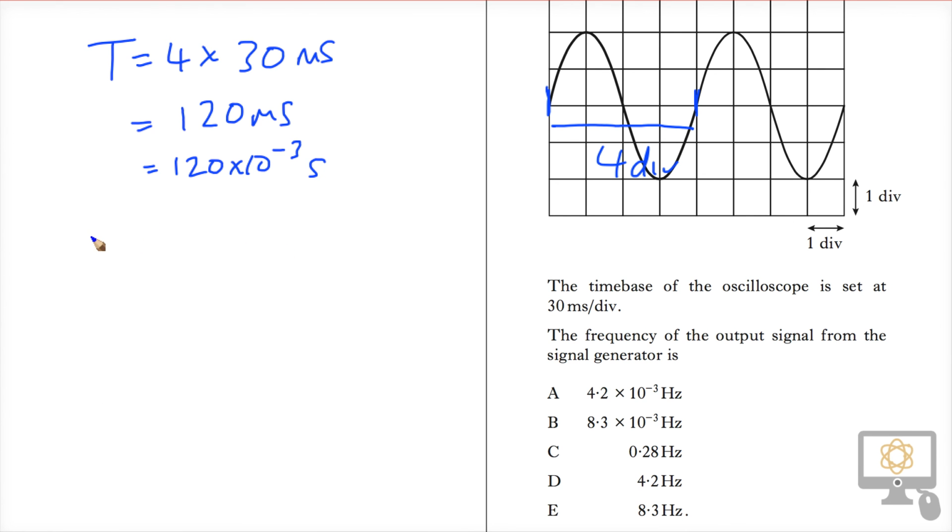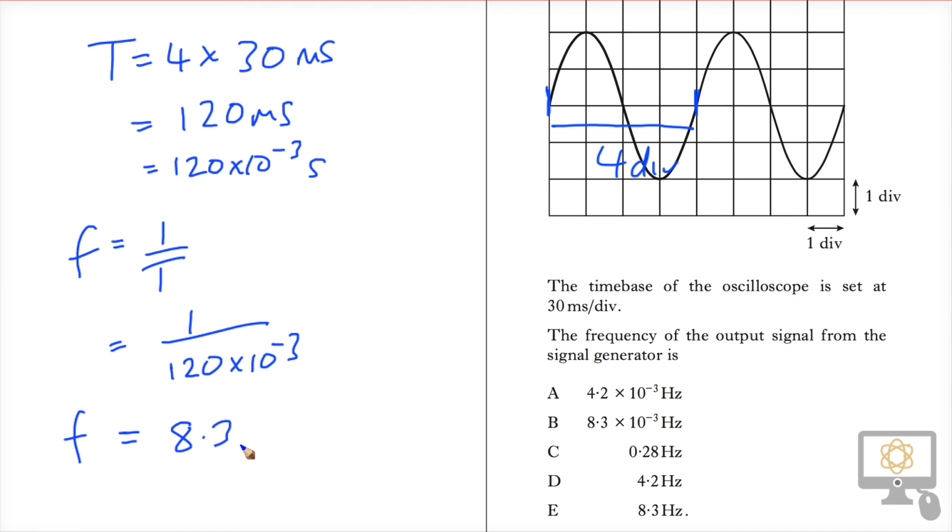For the frequency, well, the frequency is the inverse of the period, so f is 1 over T. If we plug that into our formula, 1 over 120 milliseconds, or 120 times 10 to the minus 3 seconds, gives us our frequency. And my calculator says that that is